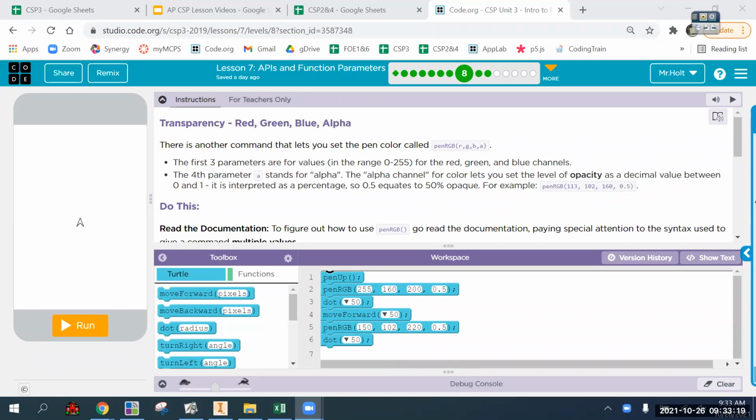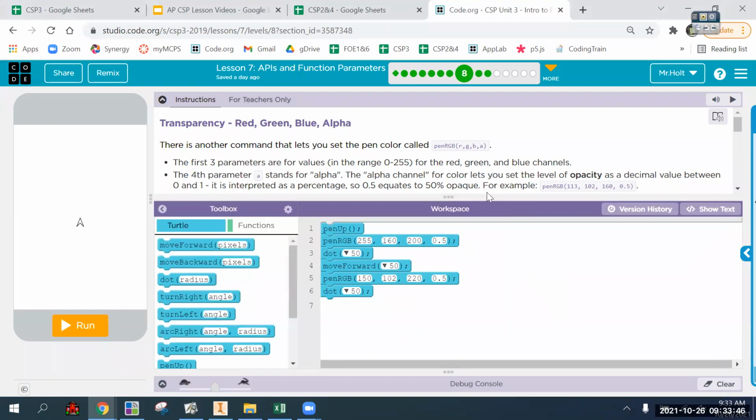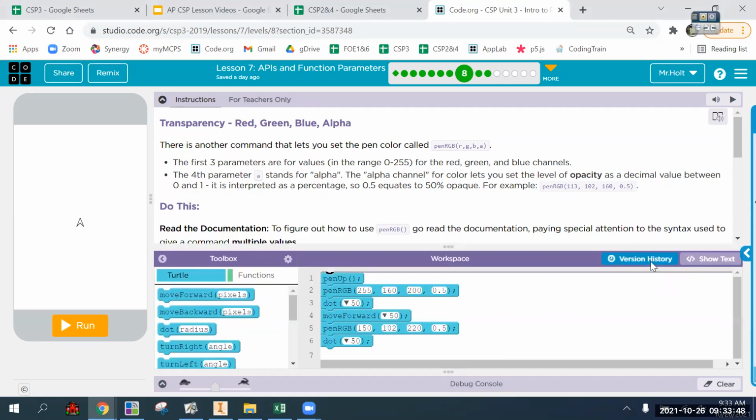All right, so the plan for today is to pick up from lesson 7, bubble 8, which is where we are in 3rd period. Other classes, you can skip ahead to where we start lesson 8 since we finished lesson 7 in the other classes. But this video is going to go from the last 3 bubbles in lesson 7 all the way through lesson 8, and pause it as you need. Okay, so for bubble 8